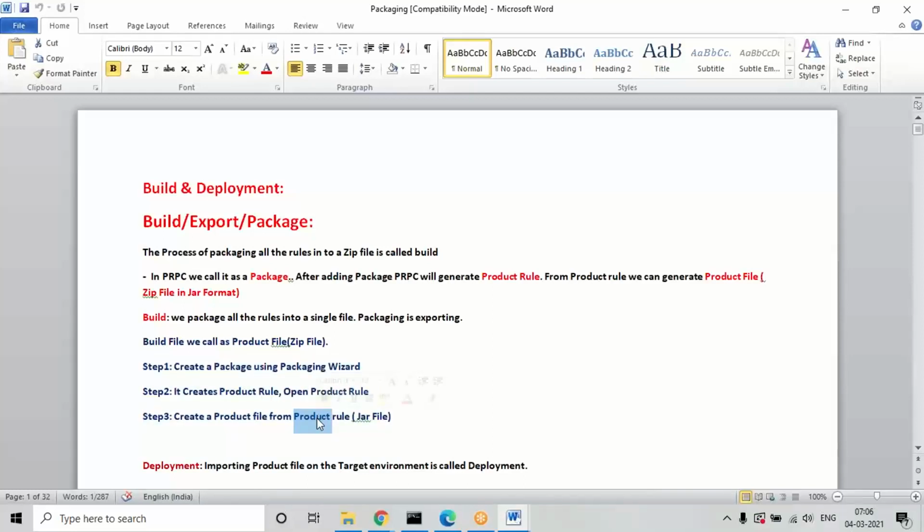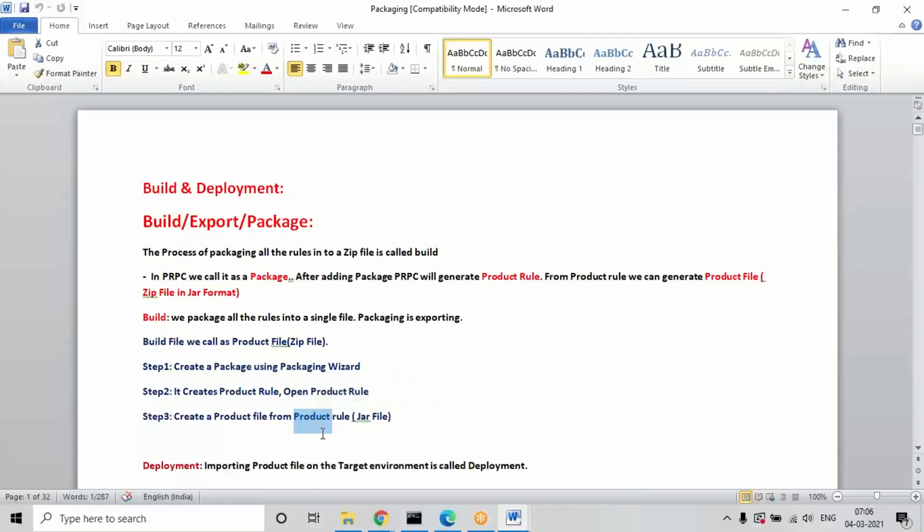This product file is like a jar file, saved in zip format in your system. After creating that product file, you can save it in your local system. In the future, suppose you uninstall and reinstall your Pega setup, then from next time, without creating everything again, you can just import that particular file. If you import the file, the same data we backed up will come into the new application without creating it manually from scratch. So we can get the entire application that was created earlier, and the complete rules will be automatically imported into the new application again. Okay, let's see that process.